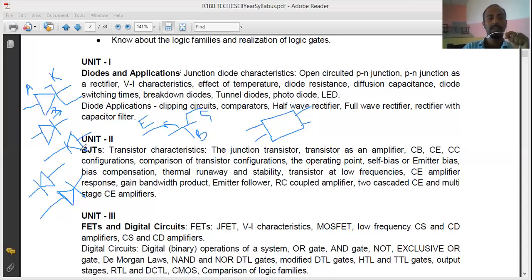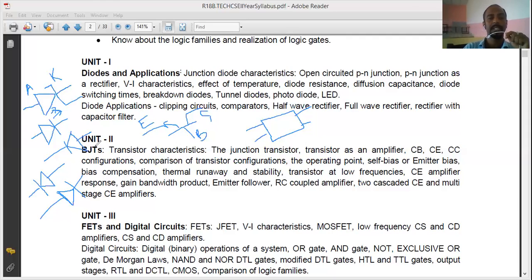So what is the difference? When I already know BJT, why should I study FET? That will be the first question. You see that most of the circuits, whatever the integrated circuits, will be using what you call MOSFET and CMOS and so on. What is a MOSFET? It's a metal oxide semiconductor FET. It's a type of FET. All right. What is FET? FET is a type of transistor.